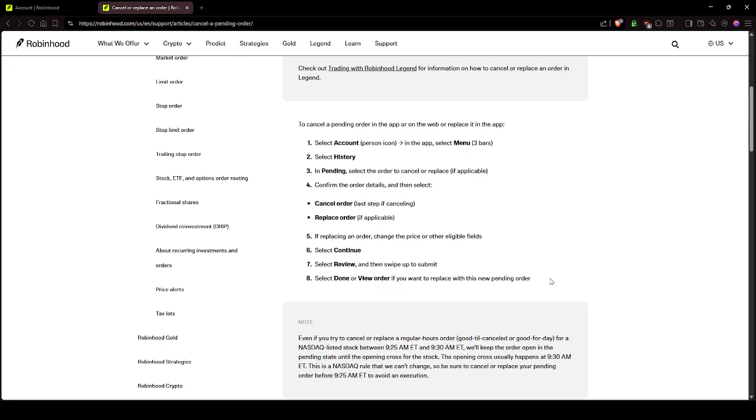A confirmation message will appear to ensure that you want to proceed with the cancellation. After confirming the cancellation, the order will be removed from your queued orders. If the order had not yet been executed, you will see a message indicating that the order was successfully canceled. It's important to check that the order no longer appears in your list of open orders to ensure it has